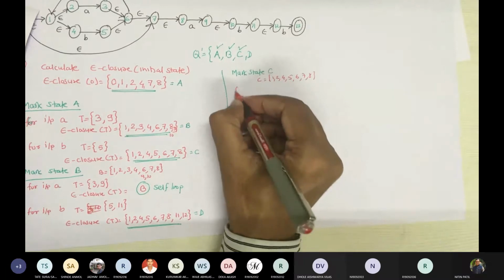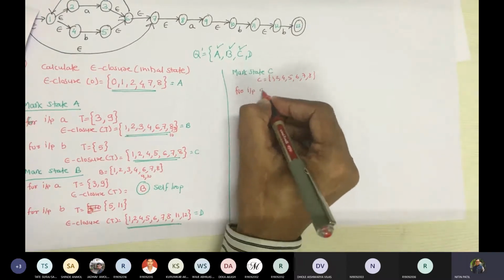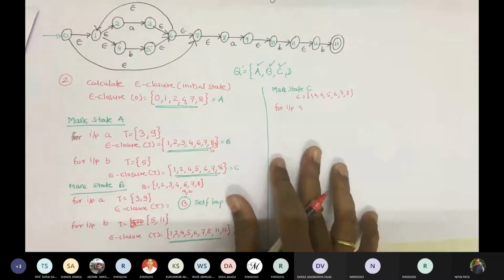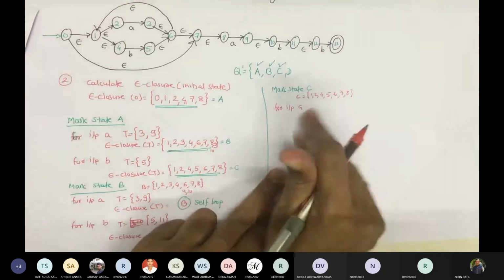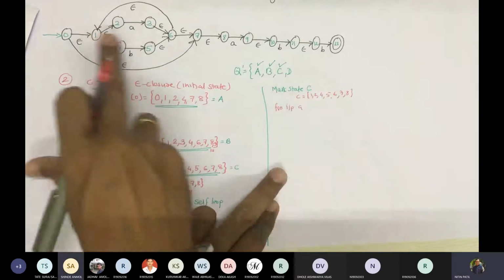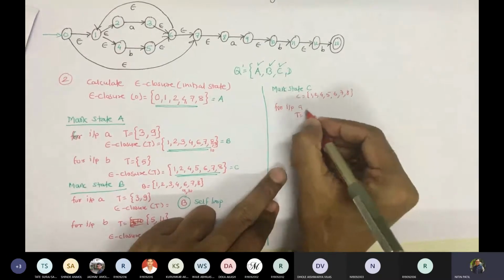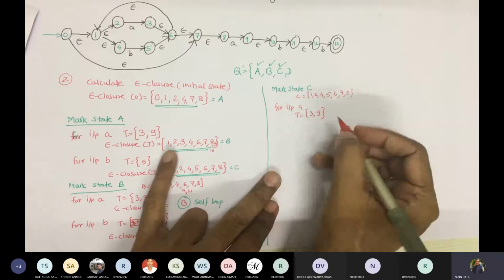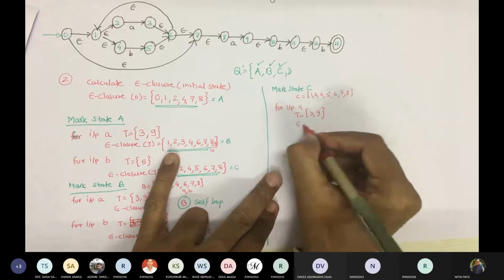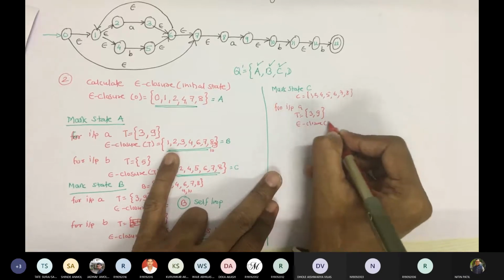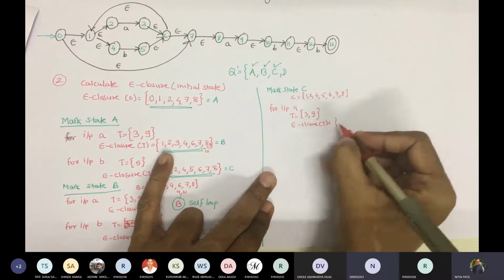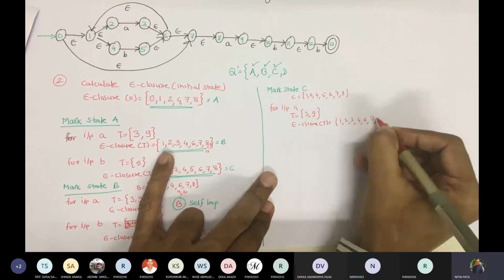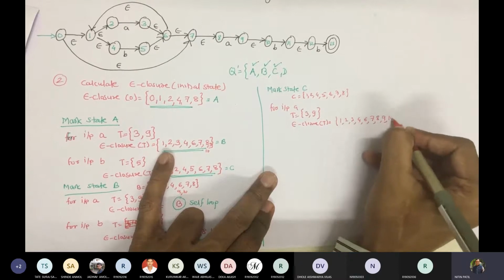Now again for input A, what is T? We have 2, so that's why 3 and 9. Very good. So 3 and 9. What is epsilon closure of 3 and 9? T would be 1, 2, 3, 4, 6, 7, 8, 9 and 10.